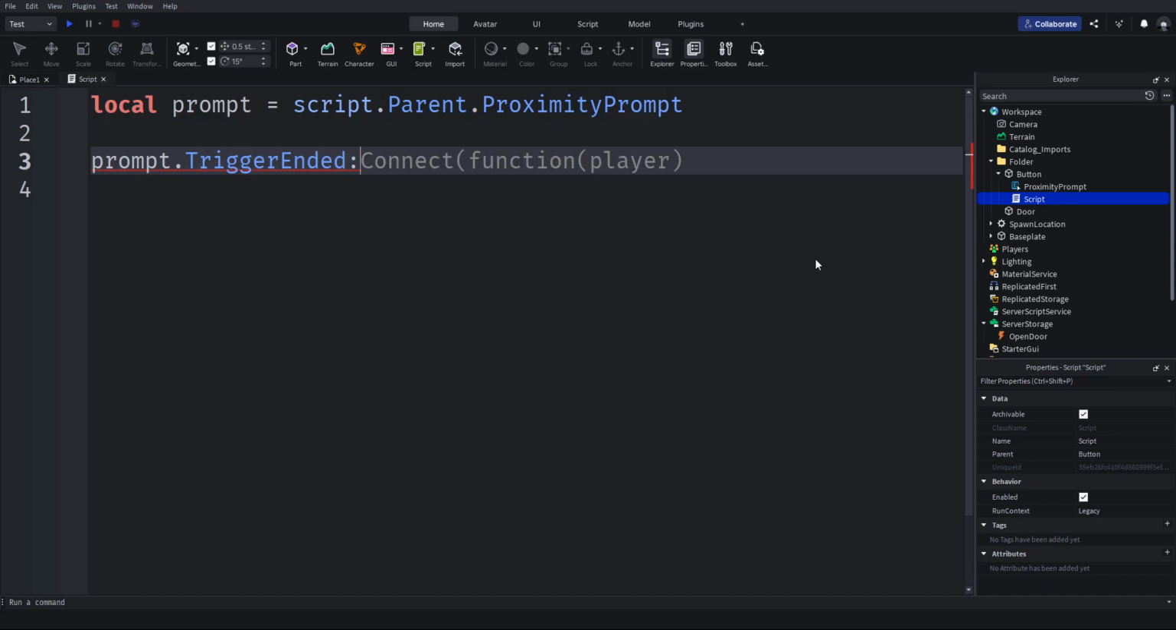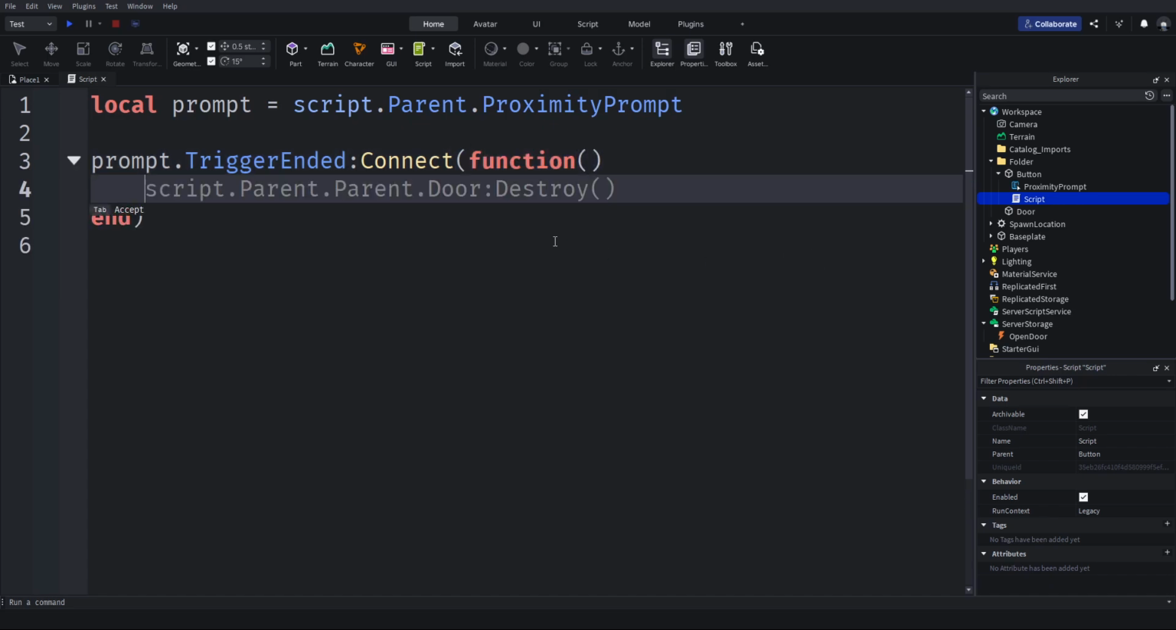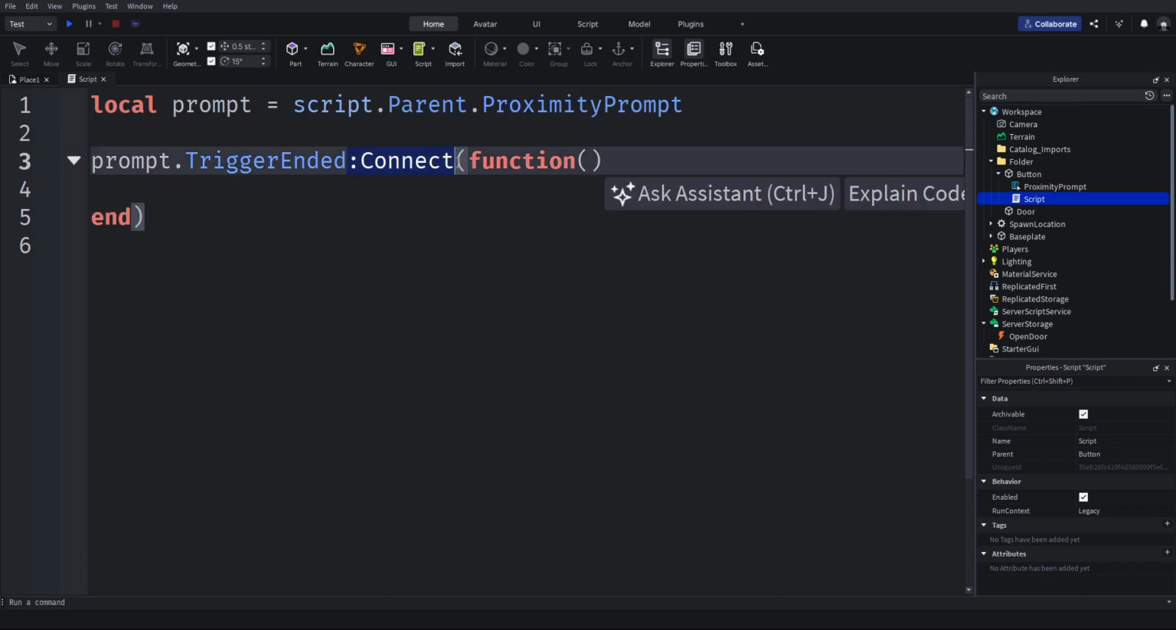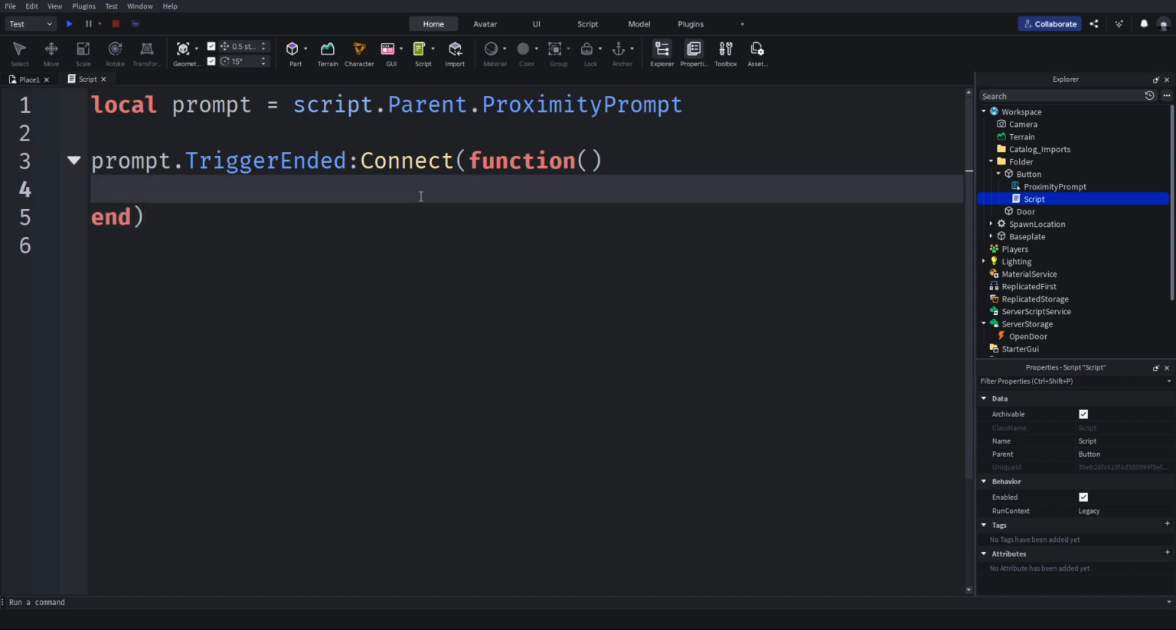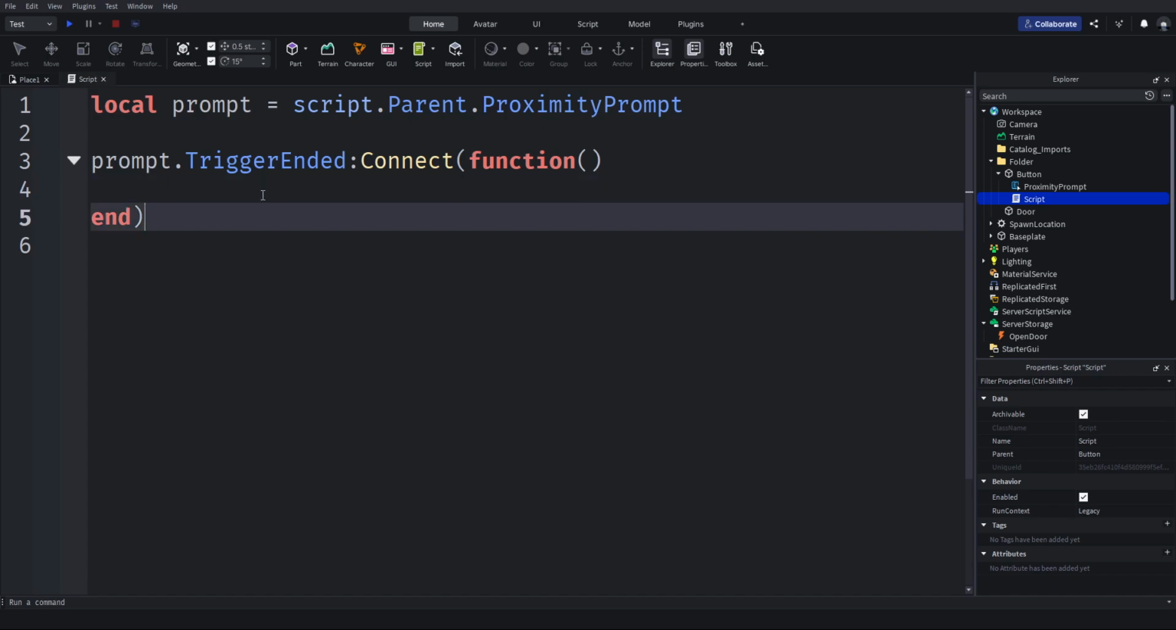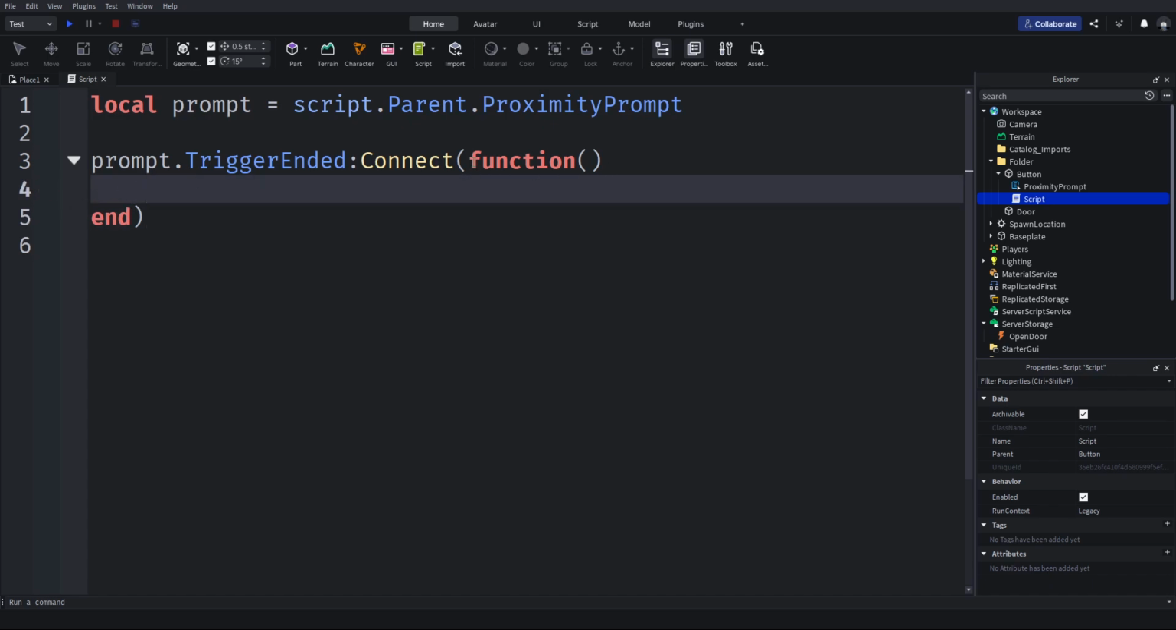This will fire when the prompt has been triggered, and it will connect it to this function. Now we're in a function. What is a function? A function is something you call instead of repeating the same code 100 times. Okay, what this function will do after it's been called by this TriggerEnded is to